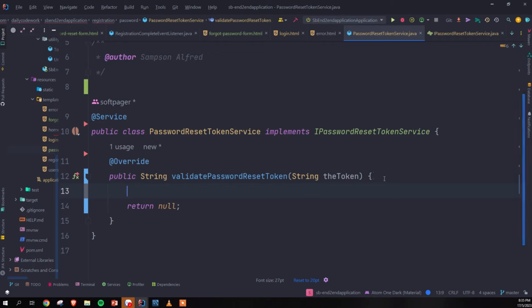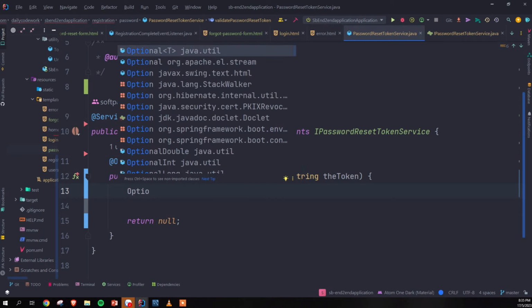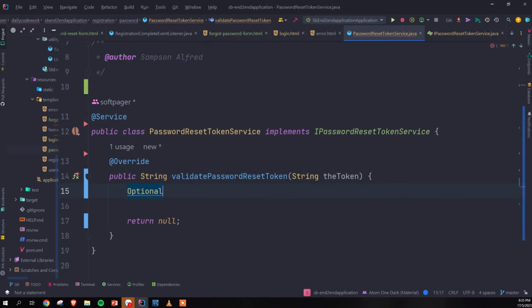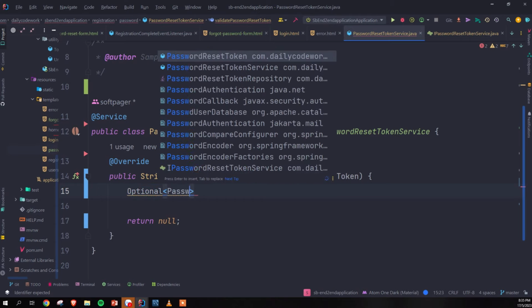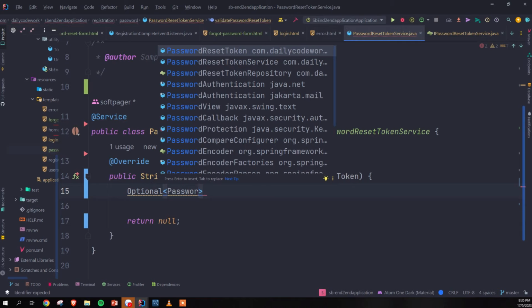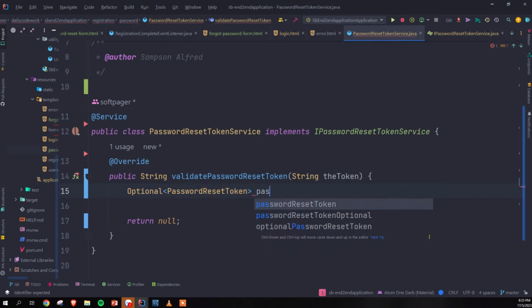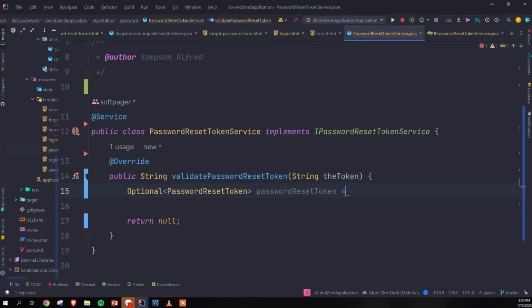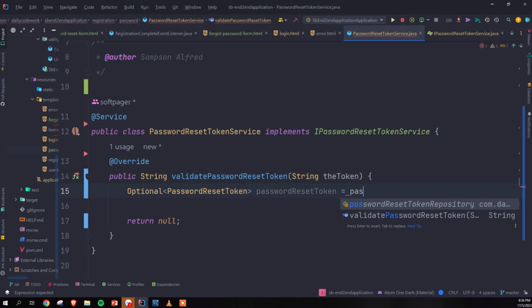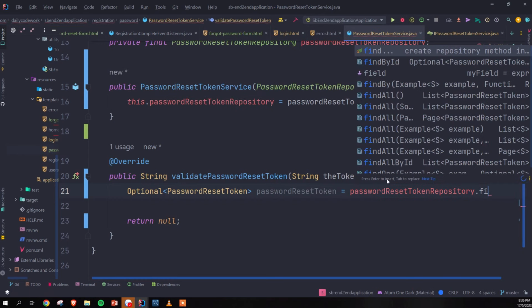Let me zoom in a little bit so we can actually see it clearly. So we're going to create an optional here that we actually find. We're going to find this token if this token actually exists in our database, right? So we say optional password reset token here equals password reset token repository dot find